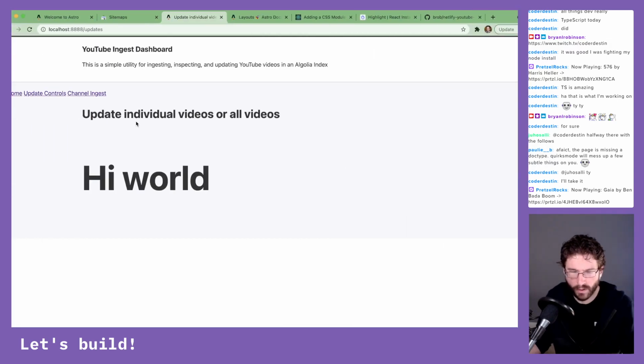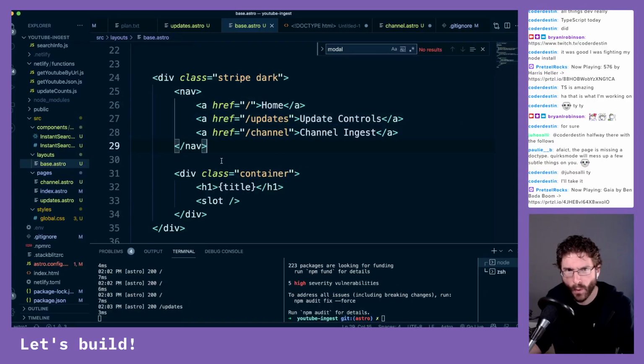So the next thing we're gonna do is we need to make a couple simple forms on these pages that are gonna hit our endpoints to actually do some work for us. And we might need to go in and actually change our